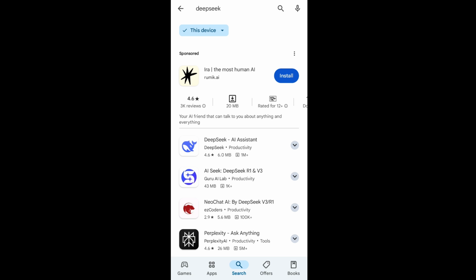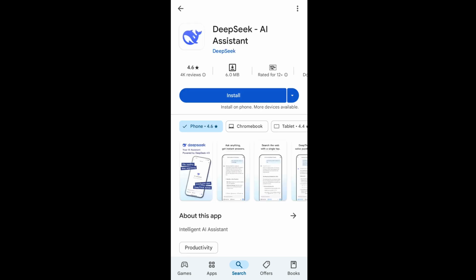using iOS, just go to the App Store on your iPhone and search for DeepSeek. You'll see the first one, DeepSeek AI Assistant, and literally 1 million people have already downloaded it. Just click on install. So just open it